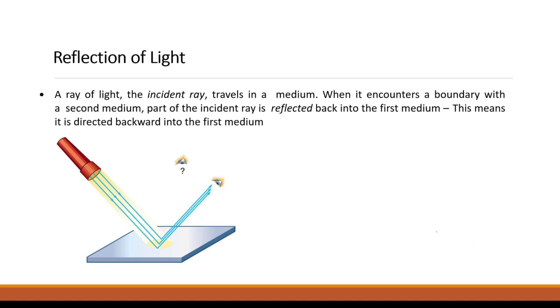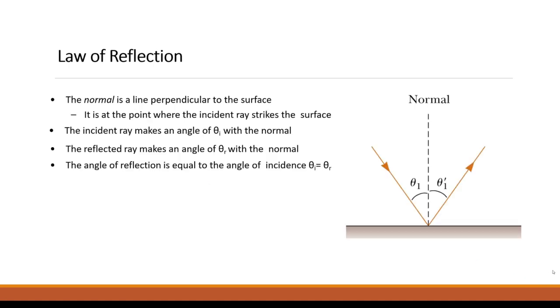So for reflection, a ray of light, the incident ray, travels in a medium. When it encounters a boundary with a second medium, part of the incident ray is reflected back into the first medium. This means it is directed backward into the first medium. So the law of reflection, we have,